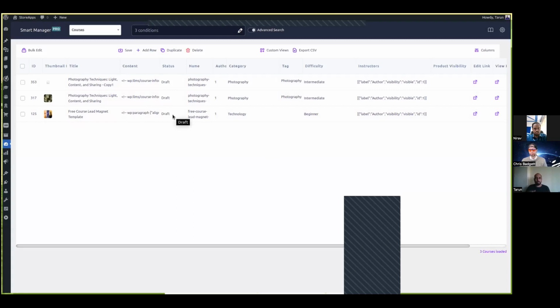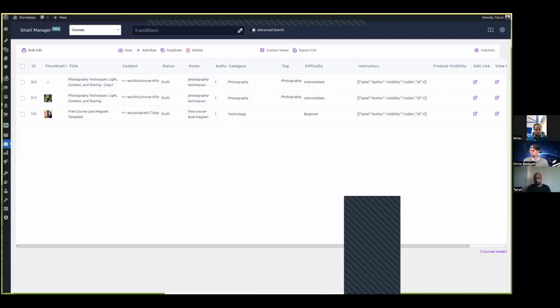Now this will not be visible to the front end, so it automatically pulls the courses out from the site and it will make you change the status to draft. That is one thing. Now what if I want to save this view? Normally the requirement is, let's say this is one of my views that has been created, this is an advanced search.